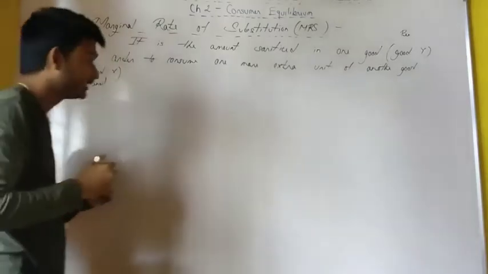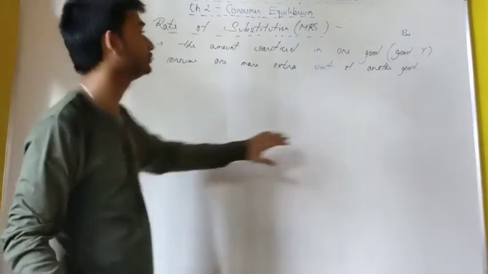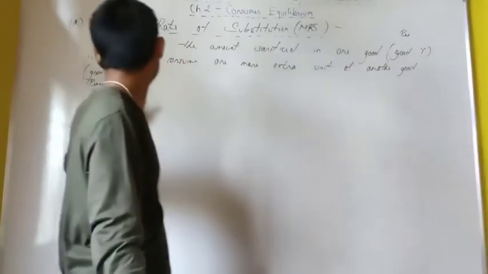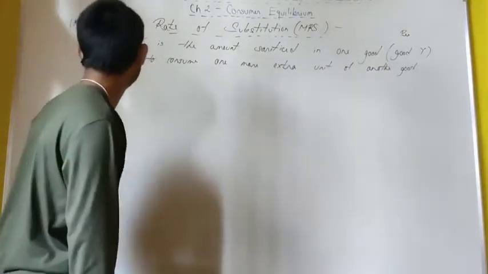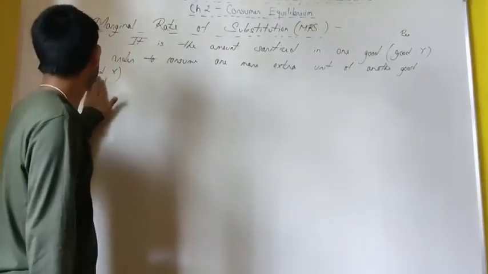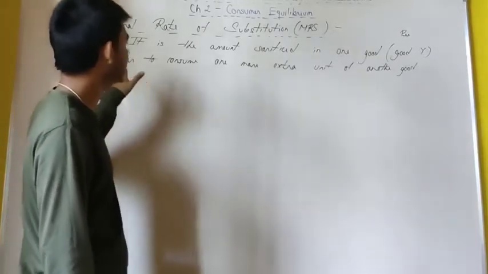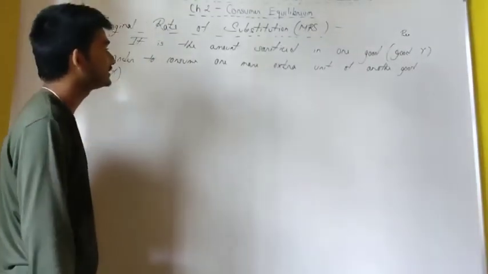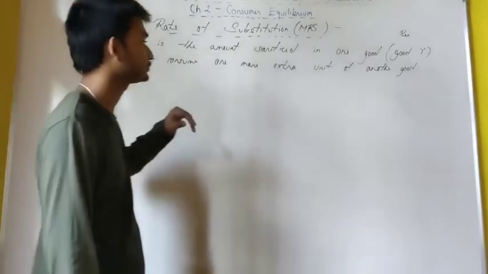Any commodity: this could be a shirt, a pen, bread, or butter. So in general I am just referring to two variables, X and Y. So MRS is basically known as the amount sacrificed in one good in order to consume one more extra unit